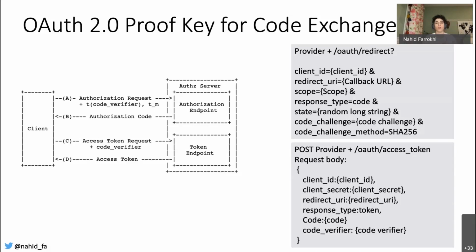So when I'm asking for the code on the front channel, I go to the authorization server. I'm going to send the request, the client ID, redirect URI, and the other things which were already in the authorization code flow. But along with that, I'm going to send them this code verifier, but